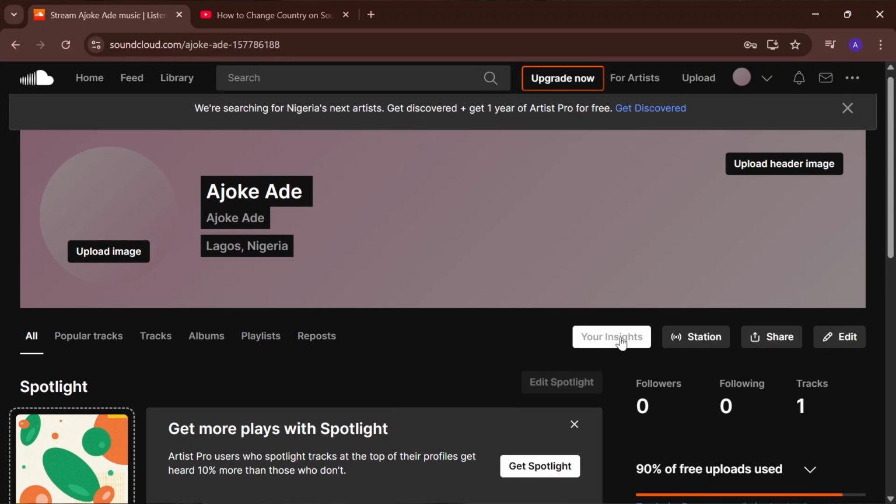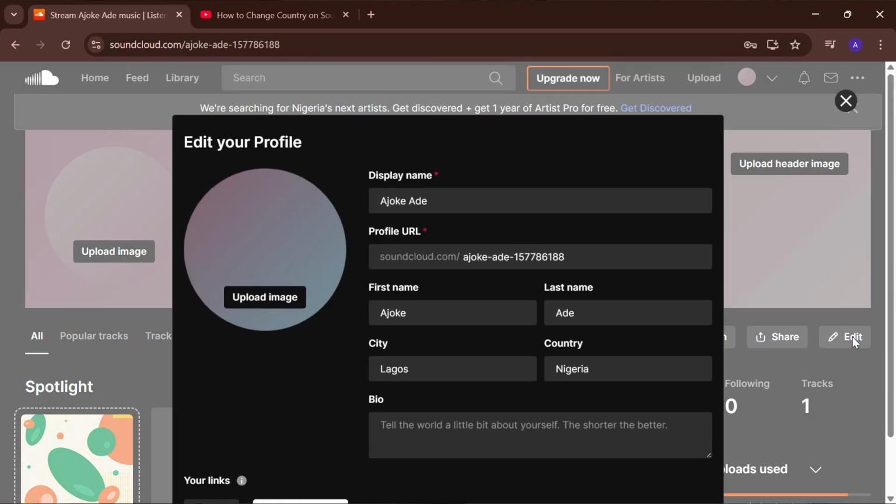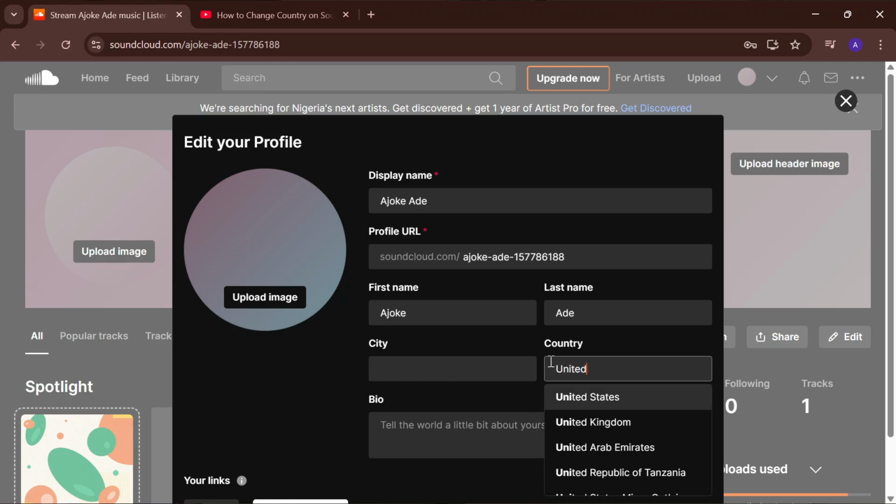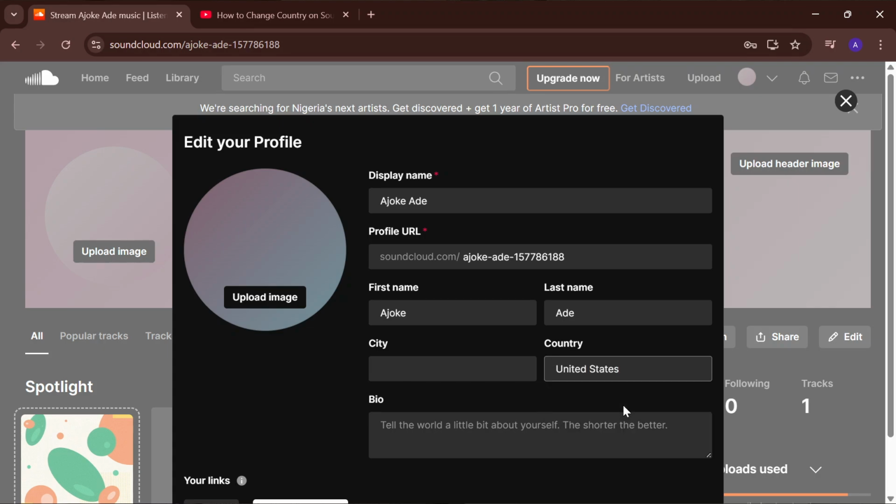You would see options like your insights, station, share, edit. So click on the edit option, and then you can see the option which says edit your profile. You can edit your display name, you can edit your profile URL, you can edit your first name, last name, city, and then country. So you can just go ahead and change the country this way. All right, so you can just change it to the desired country that you want to use and